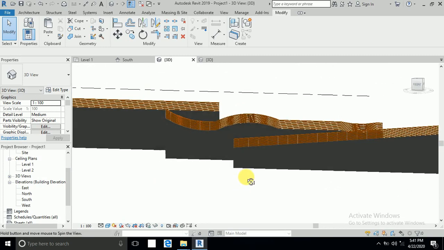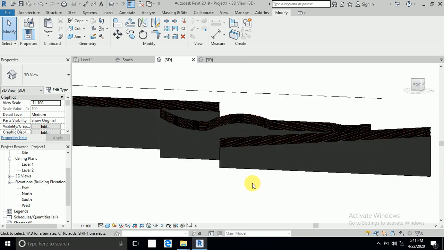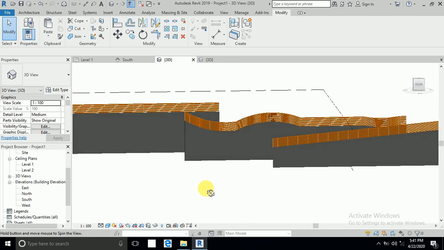Assalamu alaikum. Today I will show you in this tutorial how to create a railing wall as per your